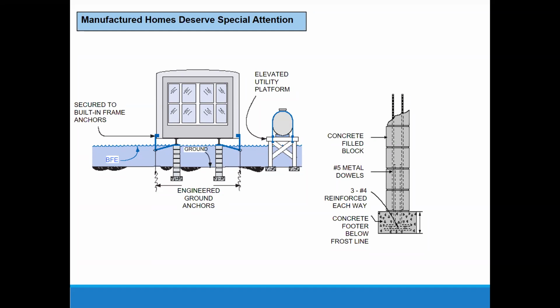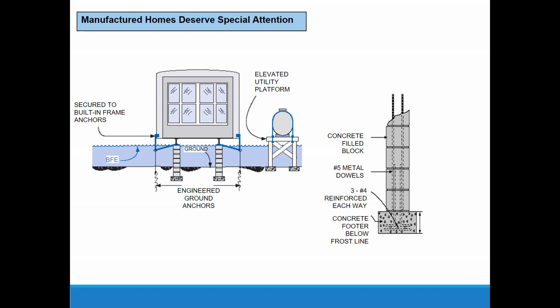The problem I have with manufactured homes is that installers have to be licensed by HUD. And licensed installers don't read flood maps, don't get permits. They just come in and drop the mobile home off and skip town without doing anything they're supposed to do. And I'd like to take some of them to court someday, but I'm not in charge of that.